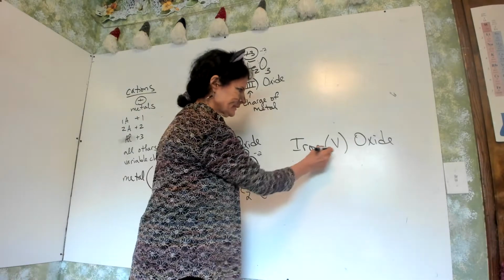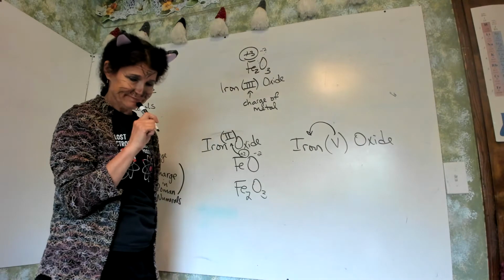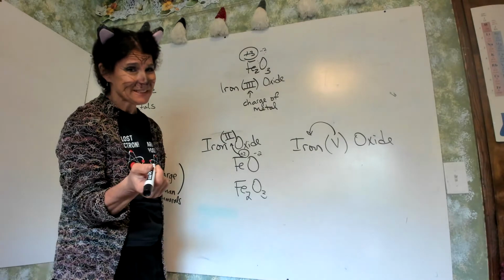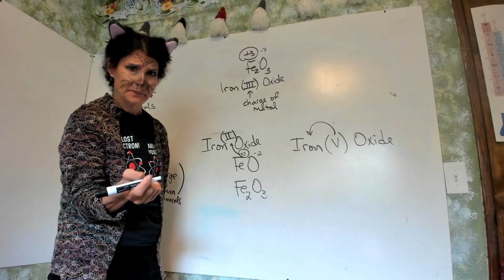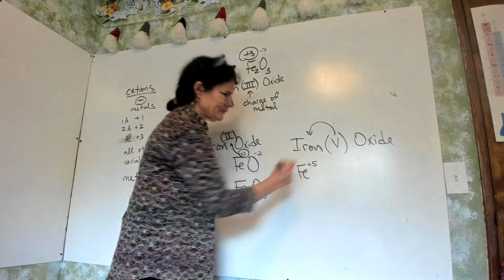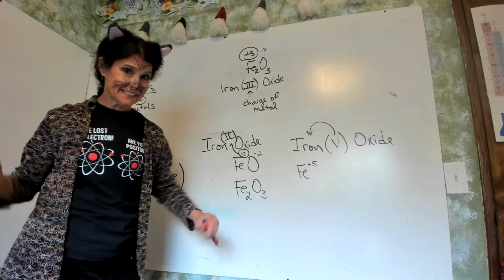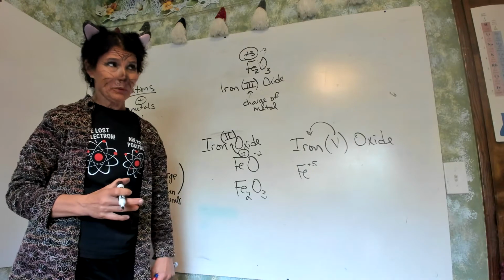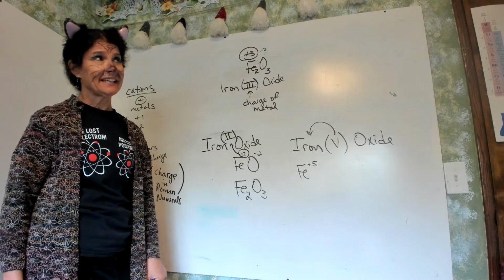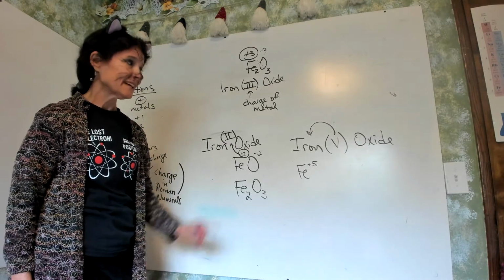Probably not. This means the Roman numeral always goes with the metal. Because at this point, non-metals are always fixed. I say at this point because everything's changing every moment of every day. So we write the charge. So the key, the students who do the best at this and they just cruise, one, they like that there's very clear rules. This is not like the English language. The English language does not have rules. It has whatever anybody wanted to do. This has clear rules.